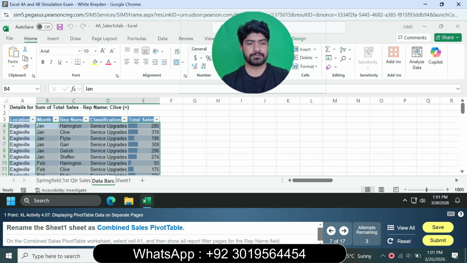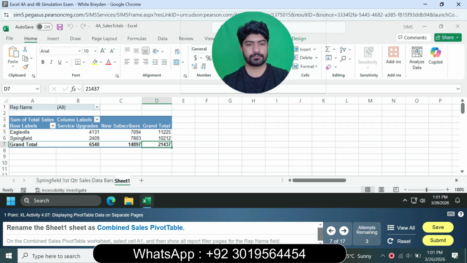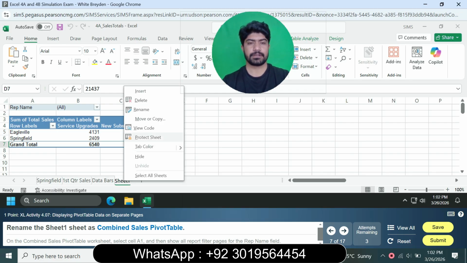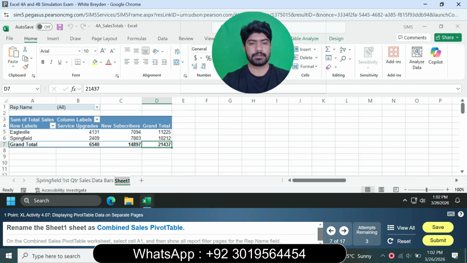So next rename the sheet 1, right click and click rename and type the combined cell pivot table